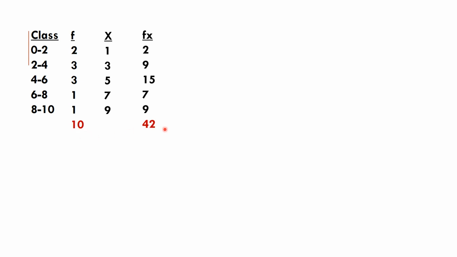Now we got the mean and next we have to deduct this mean from each of these x values to get the x minus x bar. X minus x bar is this x minus the arithmetic mean that we have calculated, 4.2 in this case. So 1 minus 4.2 is minus 3.2. Here we have to consider this minus sign. It should not be ignored. It should be kept as such for calculating the measure of kurtosis. Then 3 minus 4.2 is minus 1.2. 5 minus 4.2 is 0.8, like that we have to calculate the x minus x bar.